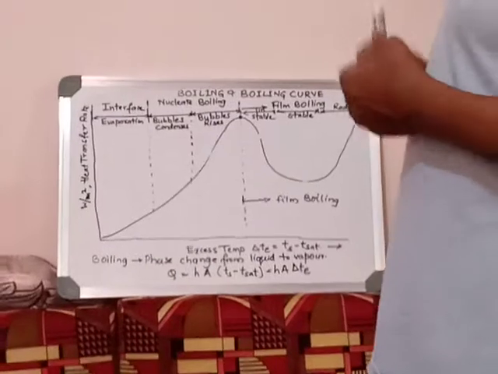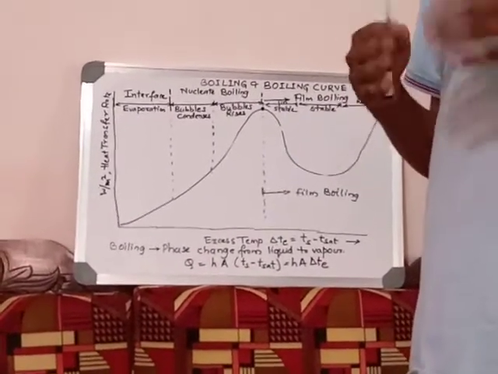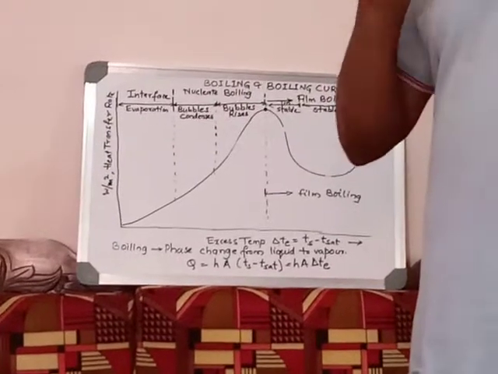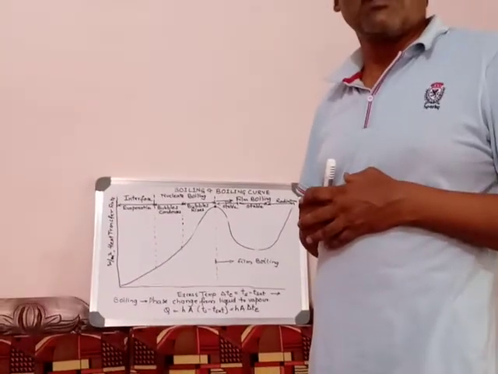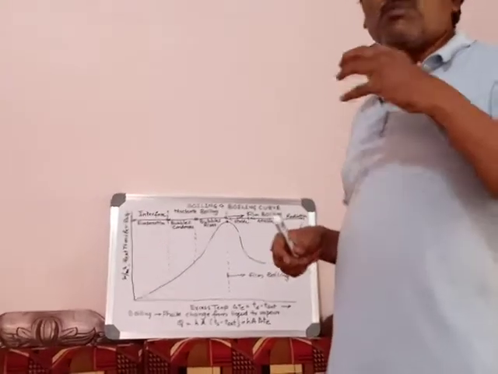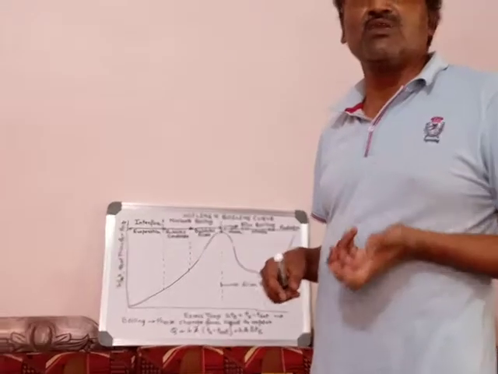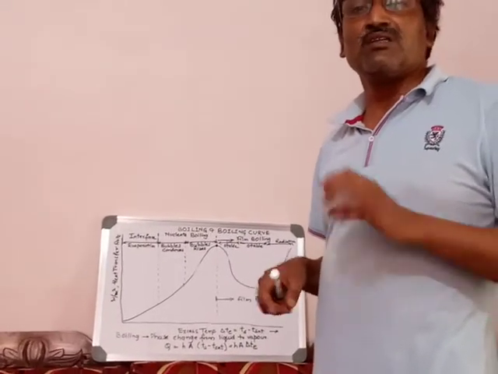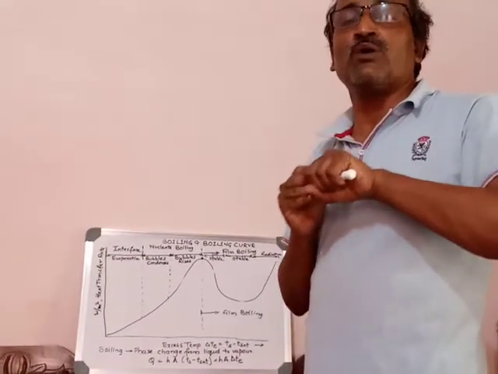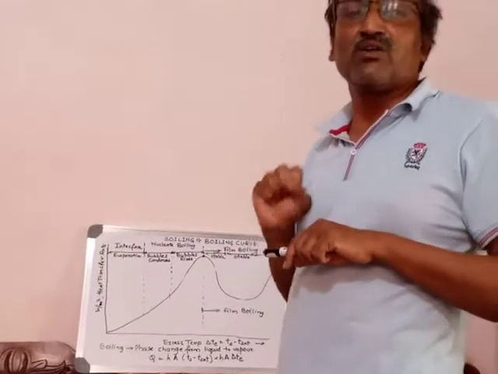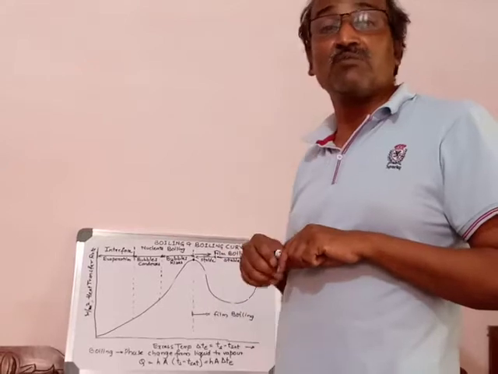What will happen in film boiling is that the bubbles are formed, but they will not travel; they will cover the nichrome wire. They will not rupture very easily. The bubbles are poor heat carriers. They will not transfer the heat to the surrounding water. This is the wire. The bubbles are forming a blanket on the wire, surrounding the wire. They are not traveling up to the level of the surface.